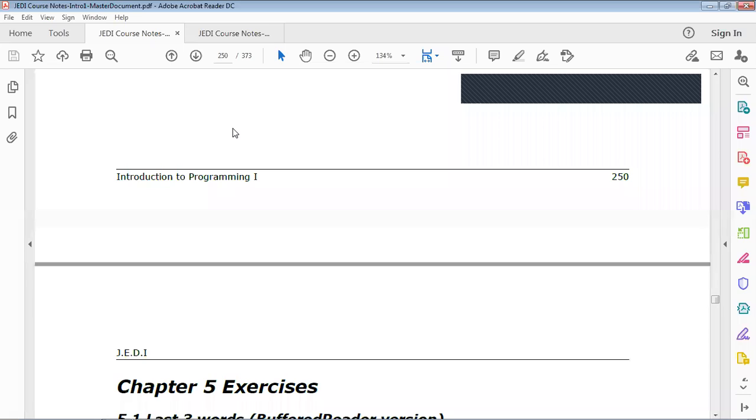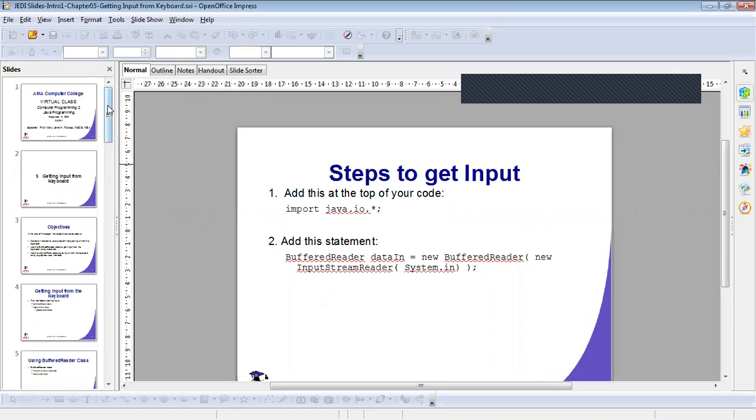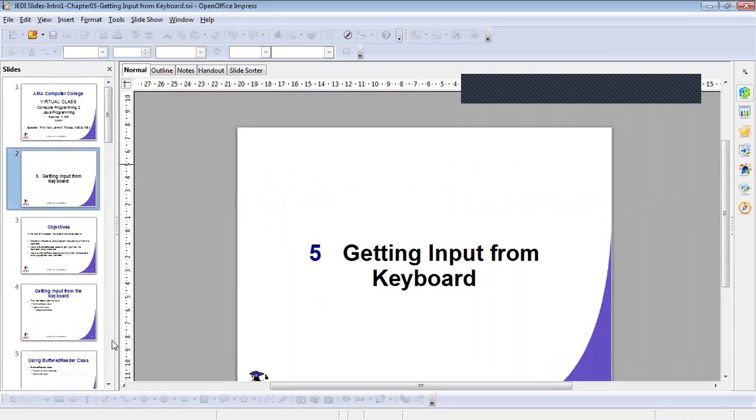Ma'am, excuse me. Yes. We can't see the screen very well. Almost only the title is visible, just Chapter 5 Exercises. Okay. Getting the input from keyboard.